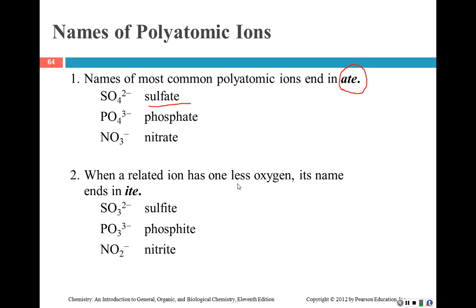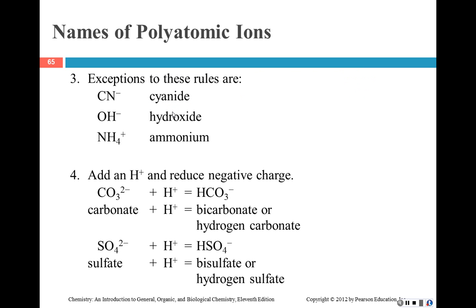When the ion that's related to sulfate has one less oxygen, instead of ending in ate, it ends in ite. So sulfate with SO4, SO3 is sulfite. Notice they'll have the same charge. PO4 3-, phosphate, PO3 3-, phosphite. NO3- nitrate, NO2- nitrite. Now, the exceptional ones are CN-, which is cyanide, OH-, which is hydroxide,